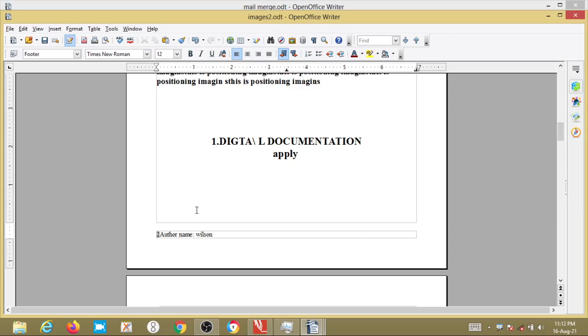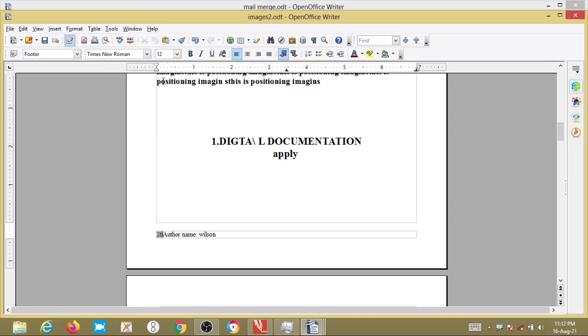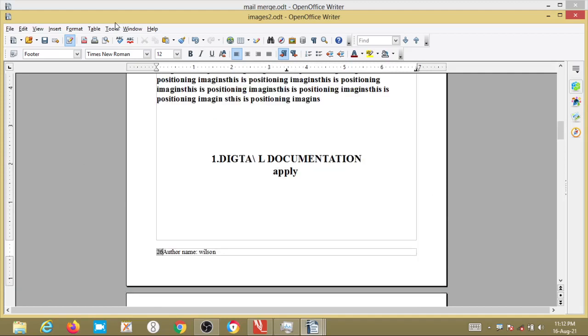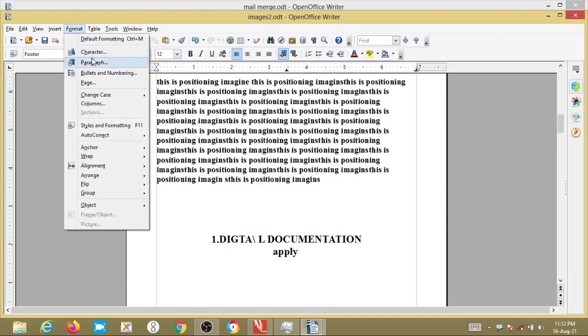Next, if I want to give the page count instead, see 2 out of 6: the total pages were 6, and we are on the second page. That is the difference between page number and page count.